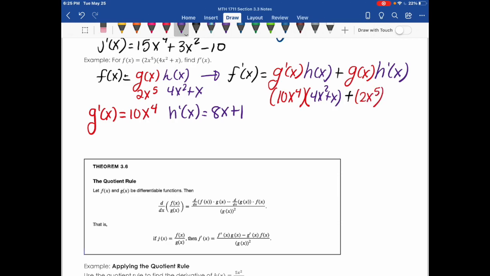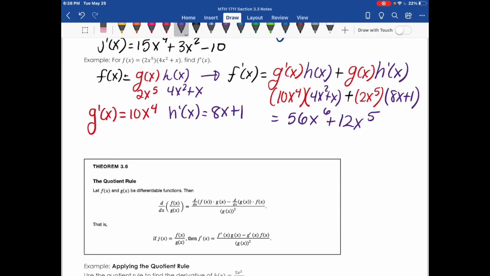And we're going to add that to g of x, which is 2x to the 5th, and multiply that by h prime of x, which is 8x plus 1. Then when we multiply that all together, we're going to get